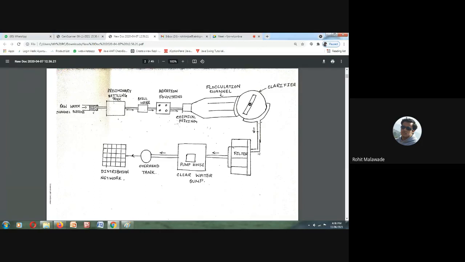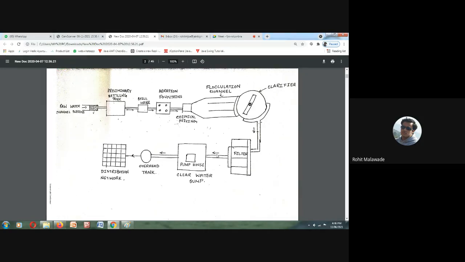Here we are going to use two types of filter, the slow sand filter and the rapid sand filter. The suspended particles which are not removed in coagulation, sedimentation, or plain sedimentation, we are going to remove in the filtration process. Then we send the water to the pump house after filtration. One more thing comes after filtration, which is disinfection. After disinfection, we send it to the pump house for pumping, then to the overhead tank, and then to the distribution unit.